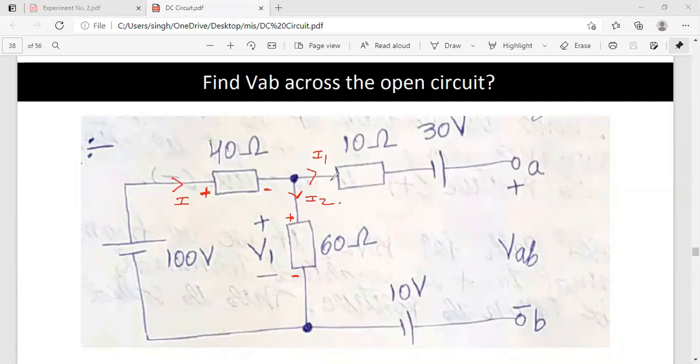Here again, if current is going like this, it should be from plus to minus. This is minus, this is plus, plus minus, and this is again plus minus. Okay, now